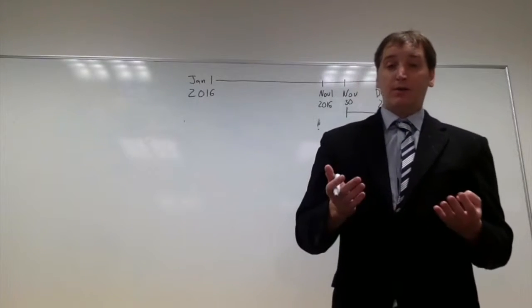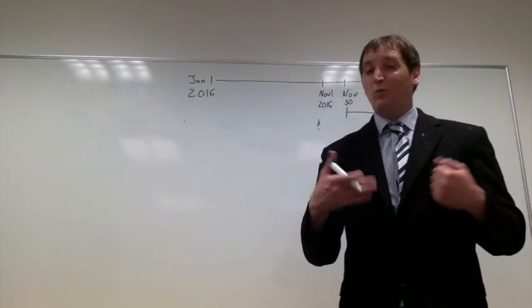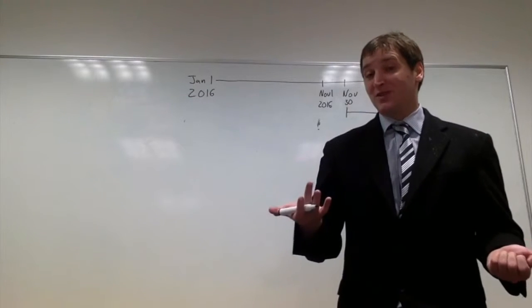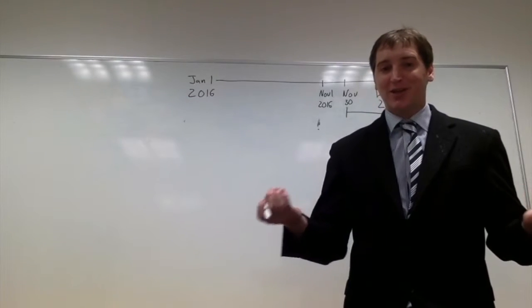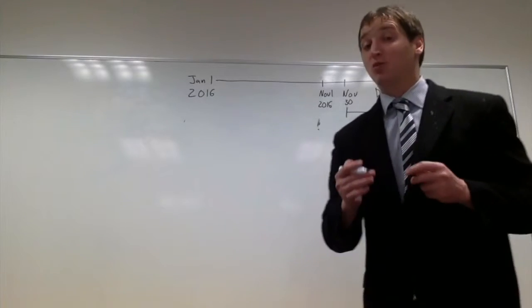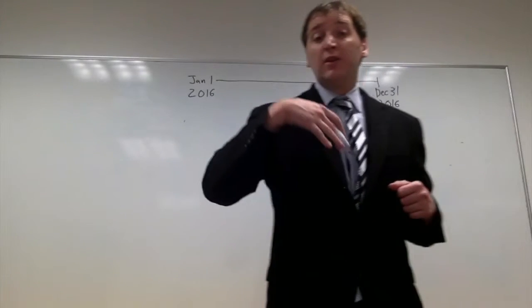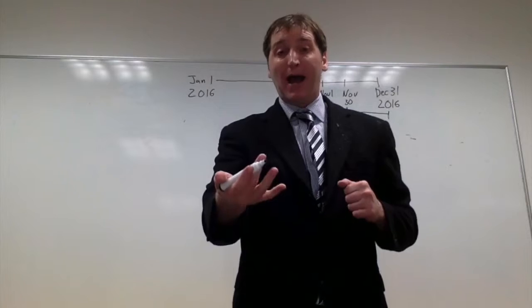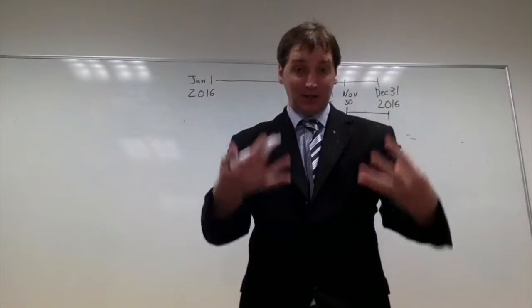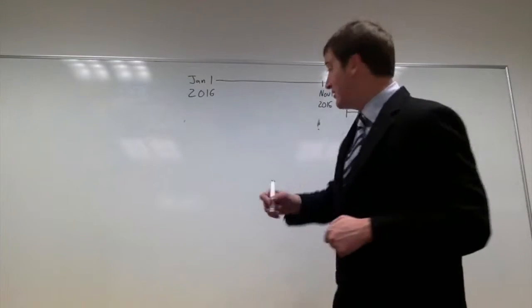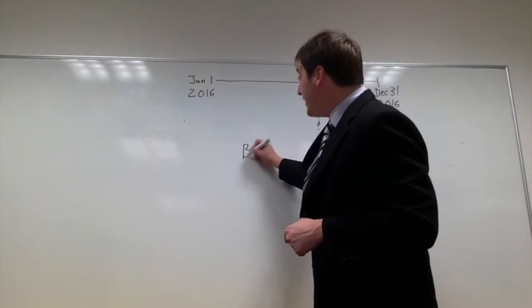All right, so like we said before, what goes on the cash flow statement? Something that makes you popular, get your friends, get your dates. Cash, right? So we're going to look at our beginning balance sheet, because cash is on the balance sheet, right? It's listed as a current asset on the balance sheet. I'm going to look at my beginning cash,